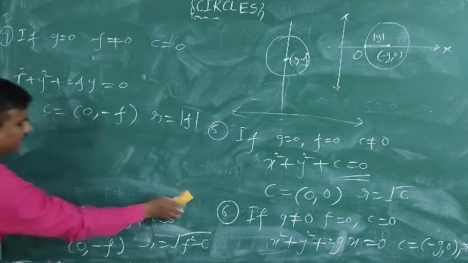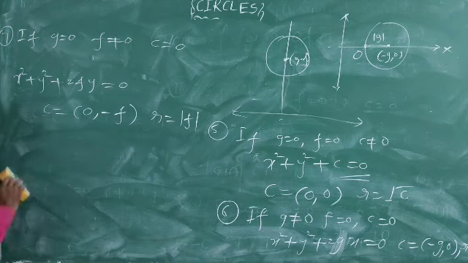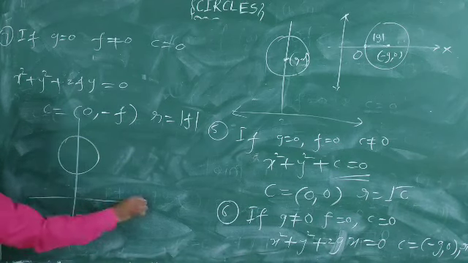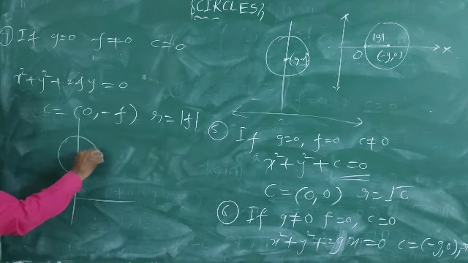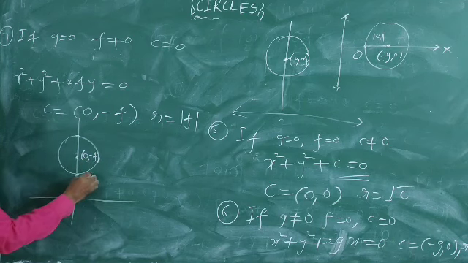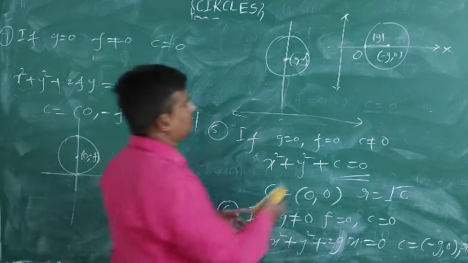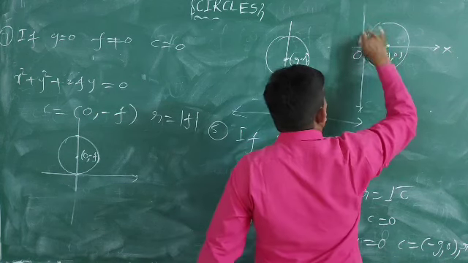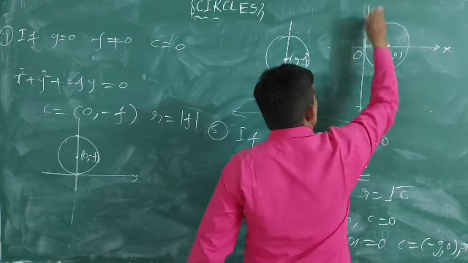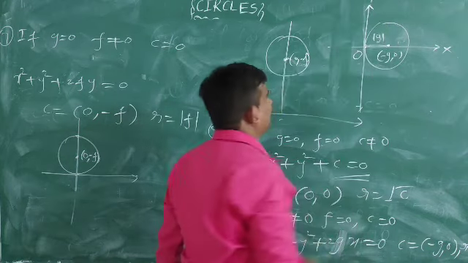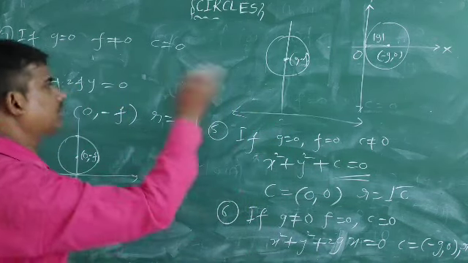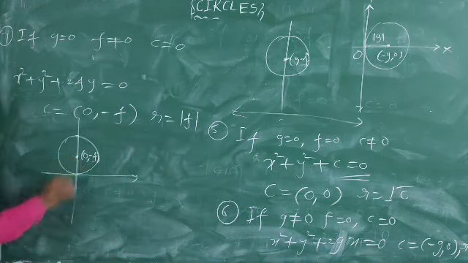Same as the previous one, whatever we drew on that side, again I will write. This is the equation. The center is (0, -f), and it may be this one or this one, either way passing through the origin. When it passes through the origin, the y-axis must be like this. The circle touches the y-axis, yes, absolutely, either on that side or this side. It's like this one.